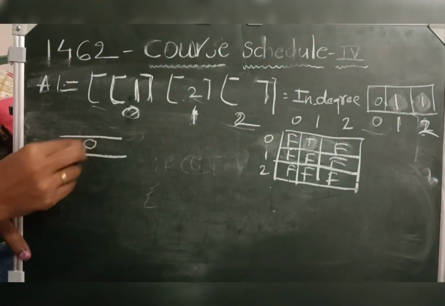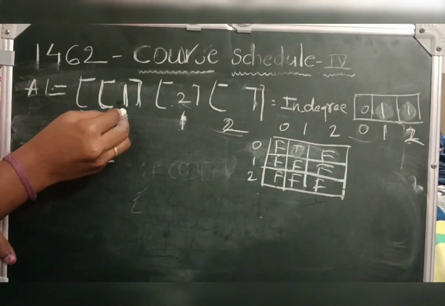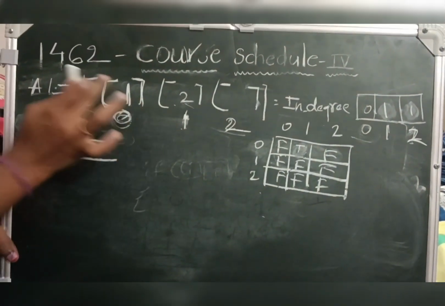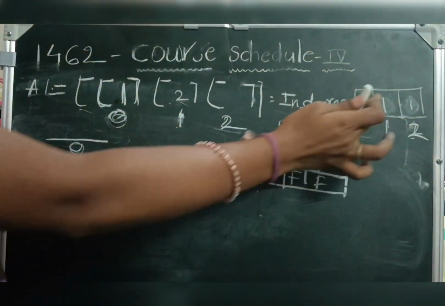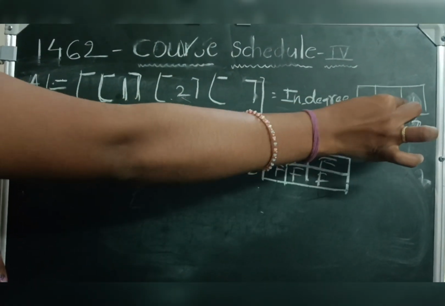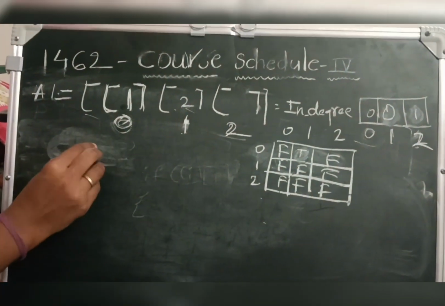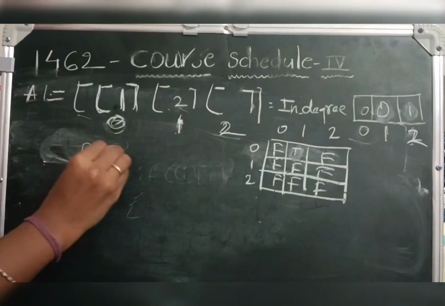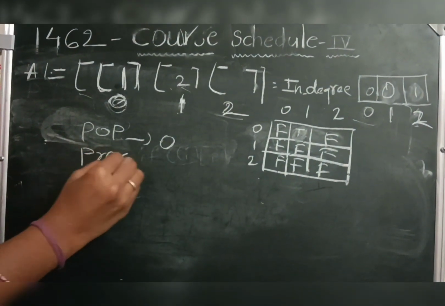We process the vertices which are dependent on 0, those contained at index 0 in the array list. In the array list there is only one element, so we have to decrease its in-degree by 1. So first we pop 0, the top element, and process